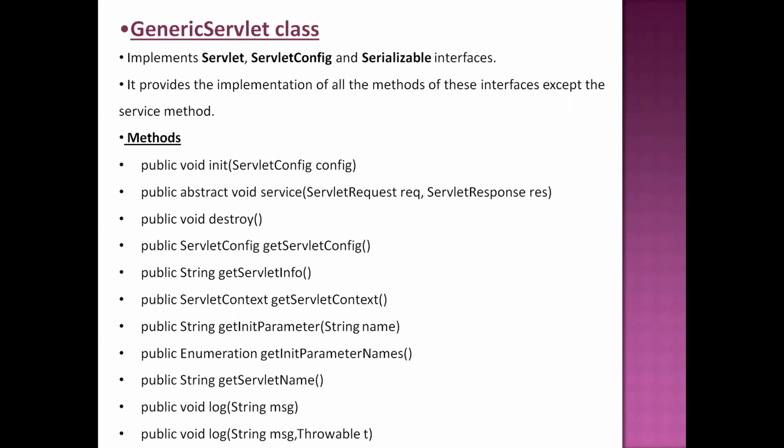So while writing the servlet program, if you are extending the GenericServlet class, no need to write the definitions for all these methods. You can directly write the definition for only the service method. Even if you write only the service method, if you are inheriting from this class, all these method definitions will automatically be available to your program. If you write your own implementation for the service method, your service method overrides the definition that is coming from the GenericServlet class.